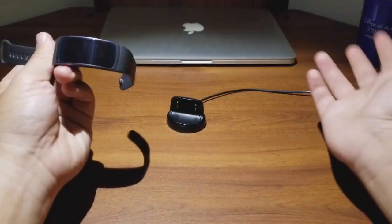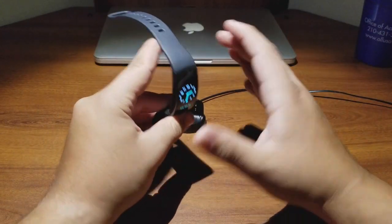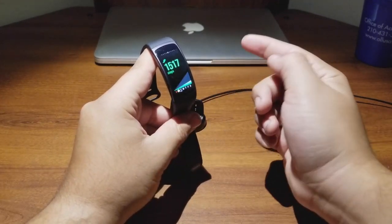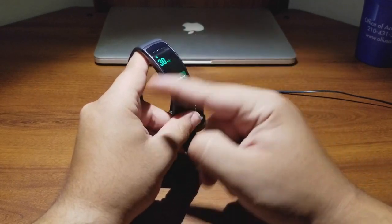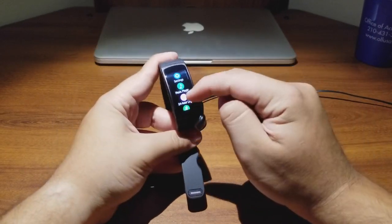Activity tracking now. This is focused on activity tracking, right? It's an activity tracking device. So swiping to your left, you get your calories burned, your activity, your steps, and your floors climbed, your heartbeat and whatnot. So you have all those just from swiping across. So pretty neat. You also get different apps here,